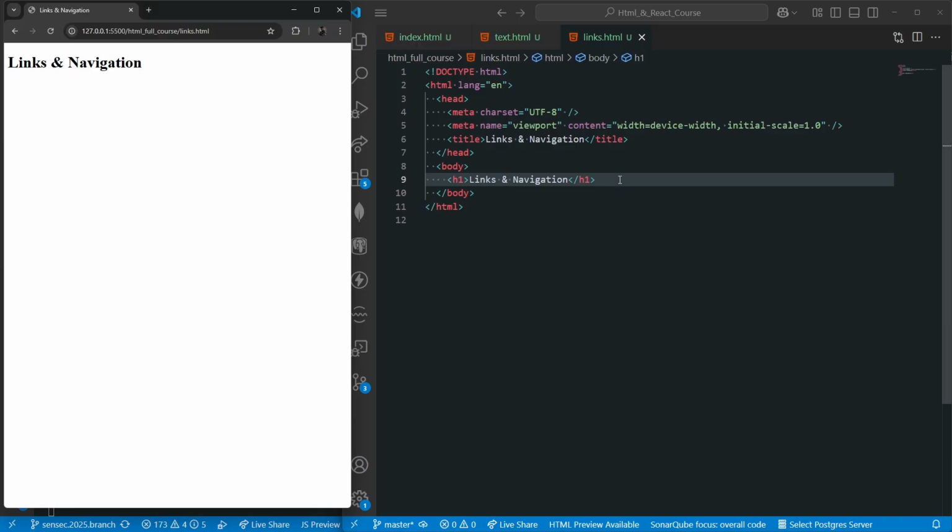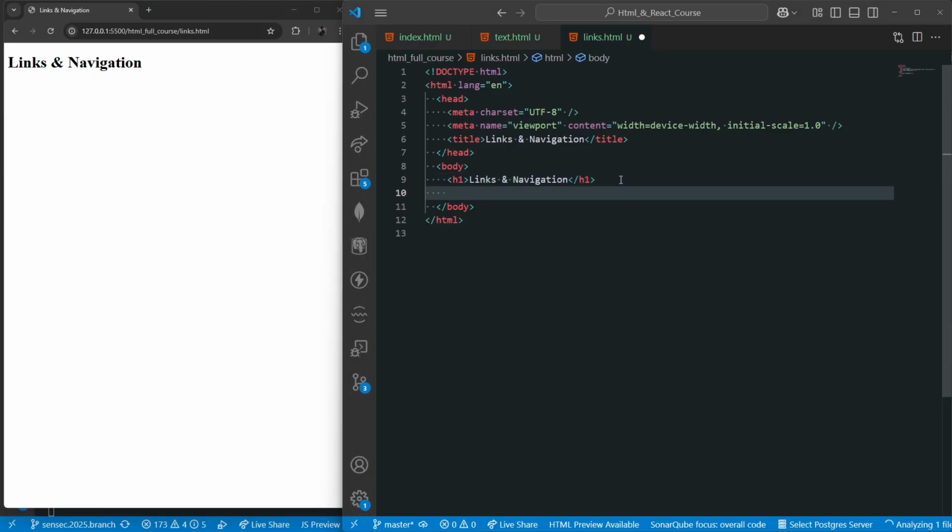So to create our first link, which is the external link, let's move to the next line and then create our A tag. Creating the A tag, you can now see, it has the href automatically. So now I can just do https://www.senyashs.com